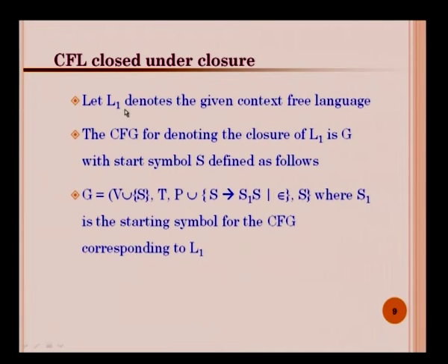So, here we have the unary operation. It is going to be only one language, we take it as L1, and now the context free grammar which is denoting the closure of that L1 is defined in the following way. Once again we will have a new grammar, and there will be 4 components: the variable set, terminal set, production set, and